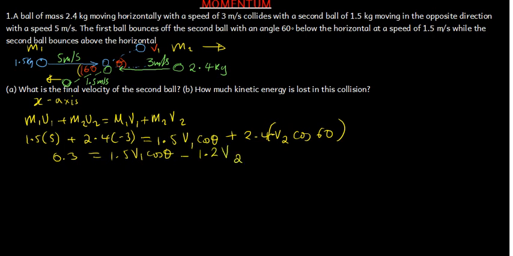Now, of course, we know v2. We know that this second ball bounced at what velocity? Okay, it's the second ball, the 2.4 kg mass, that bounced at that velocity of 1.5. Actually, I can just replace it directly at that point instead of saying -v2. So I'll say